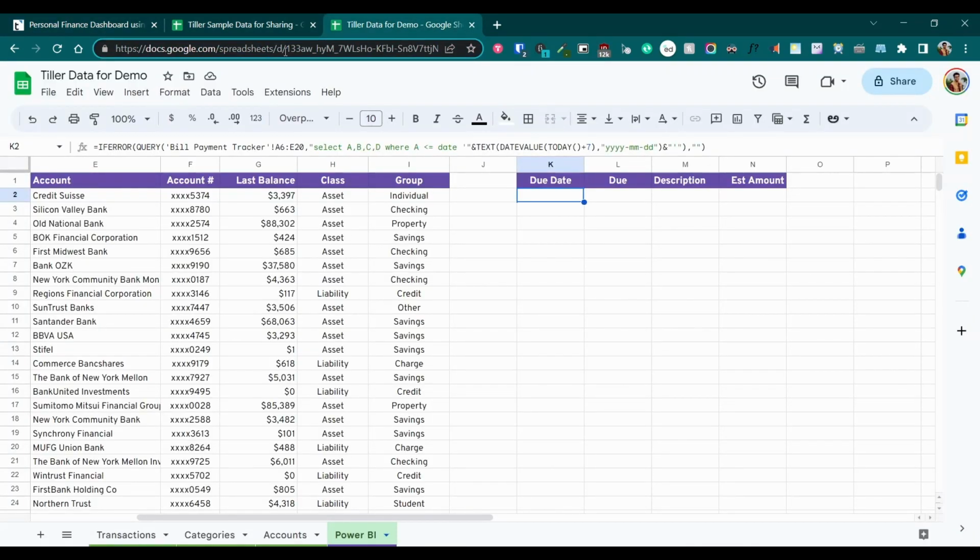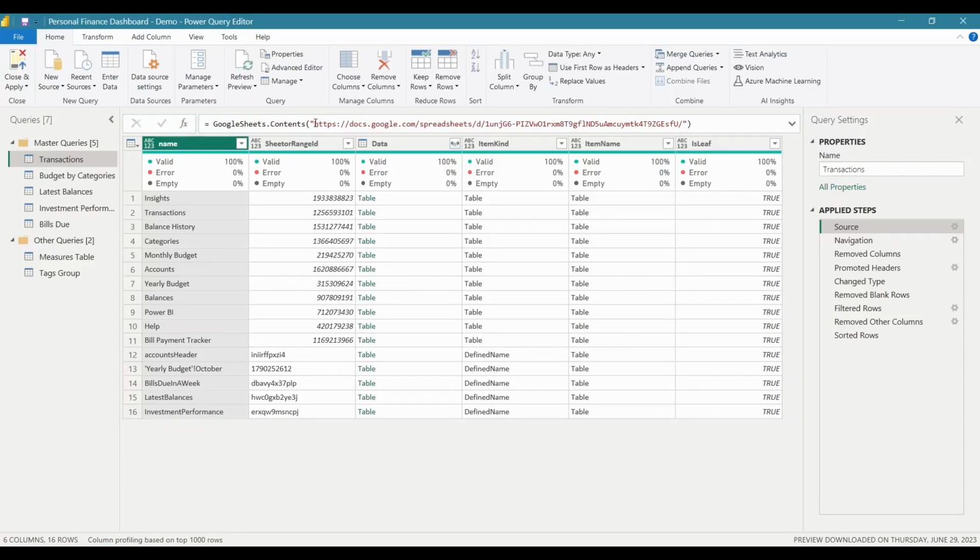So I'm going to head over to the Tiller sheet which I have, and just copy the URL by pressing Ctrl C and then paste that in here. Just replace this URL. Just select this URL and then hit backspace and then paste the URL that you have.